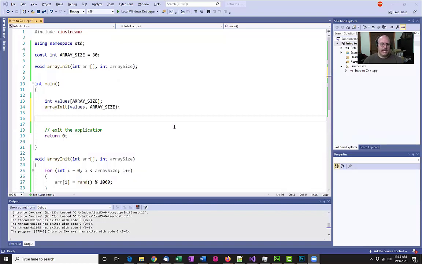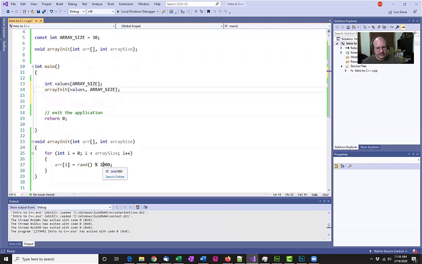So I have here just a little bit of a startup piece. I have a global constant for my generic array size, 30 elements. I have an array init function. I create my array. I create my initial value, which is just a series of random numbers, nothing to worry about as